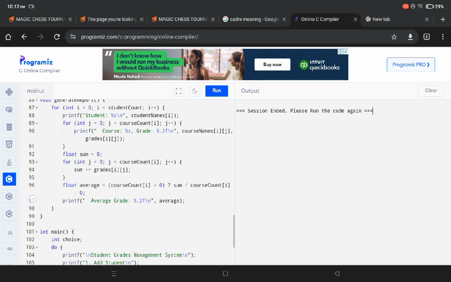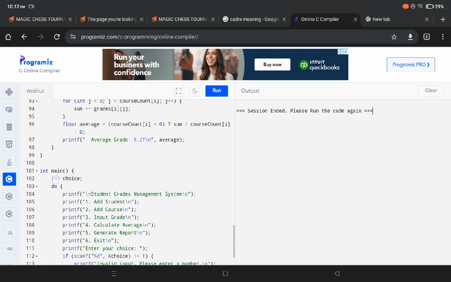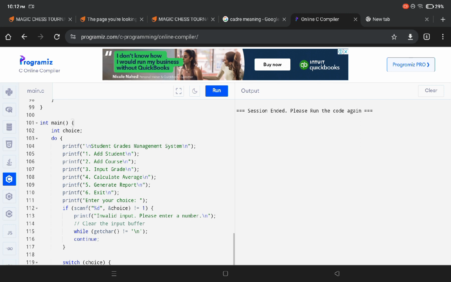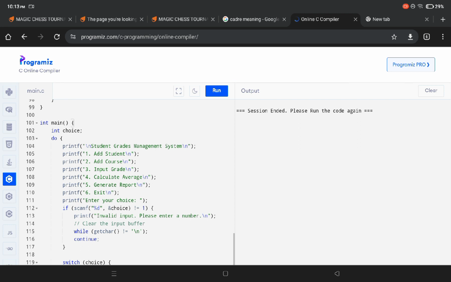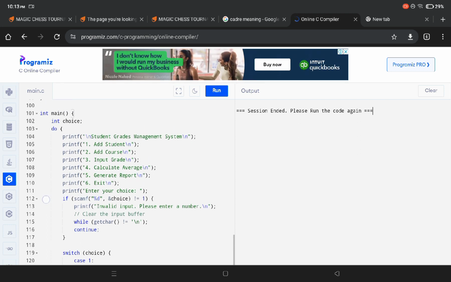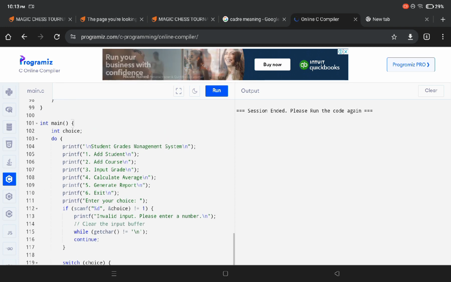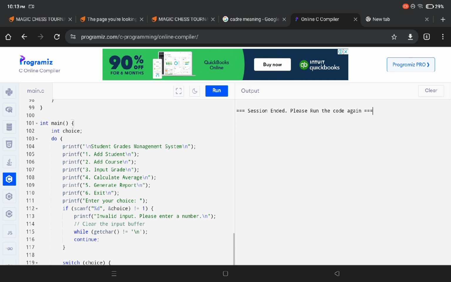Next we have the int main. The purpose of this is to provide a menu-driven interface for the user to interact with the system. I use a do while loop to repeatedly display the menu and process user choices until the user chooses to exit.